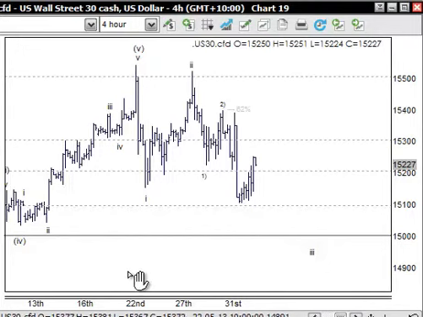So we just need to be mindful that corrective patterns are the weakest link in Elliott, and that they can simply double in size, or they can take a different path and so forth. So that's where the trading levels come in and help us out somewhat, because in this particular case with